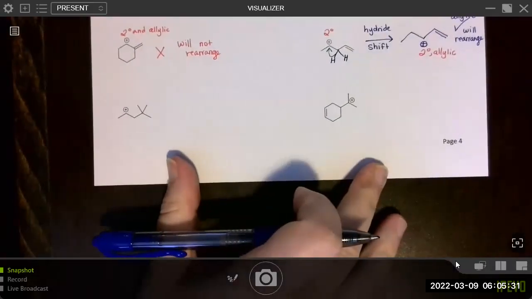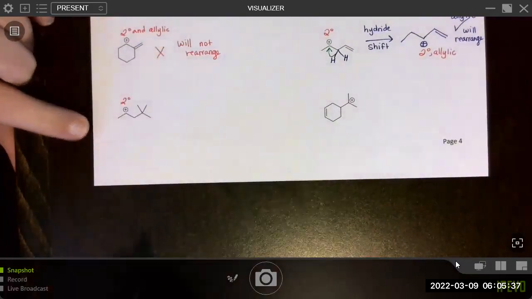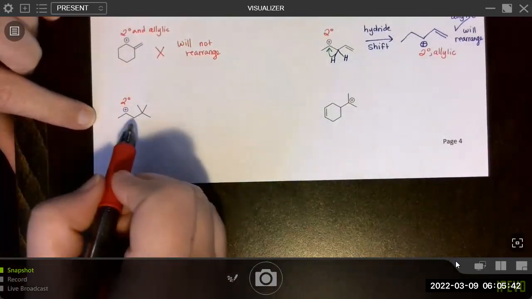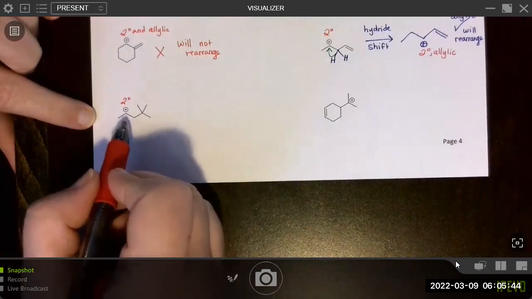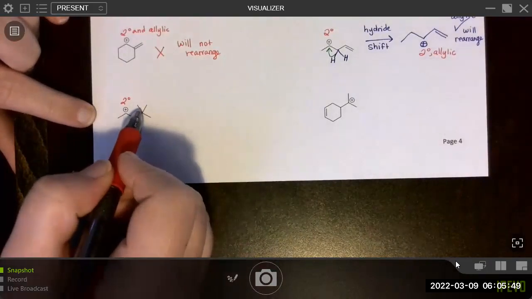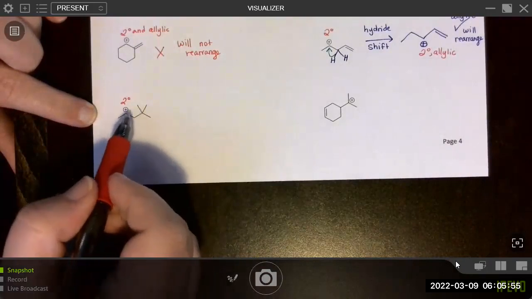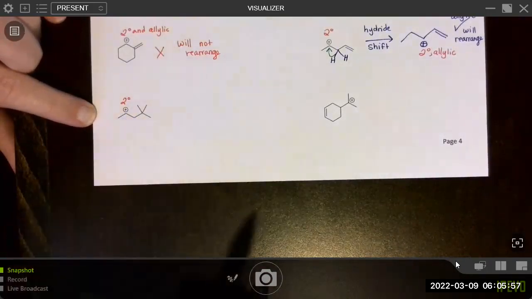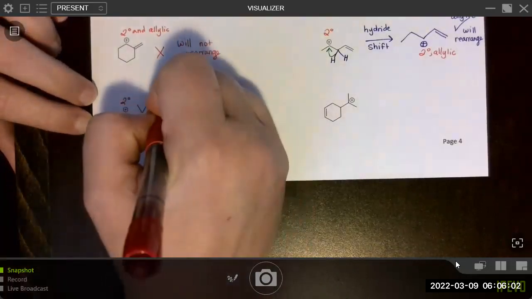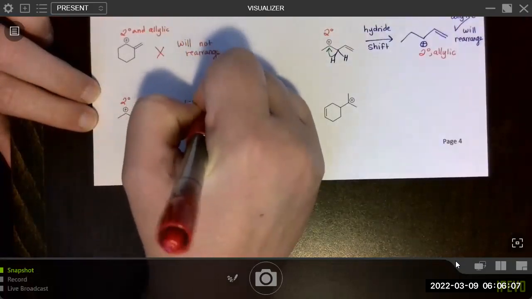Okay, let's look at the questions on the bottom here. This one is secondary. If we were to move any of these hydrogens over, it would be primary. If we were to move one of these 2 hydrogens over, it would still be secondary. So there's no driving force. And you might be thinking, well, maybe I can just have this methide shift over. But recall that this is too far away. If there's going to be a hydride or a methide shift, they have to come from one of the adjacent carbons. Okay, so this one will not rearrange.